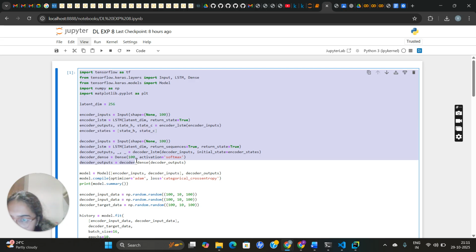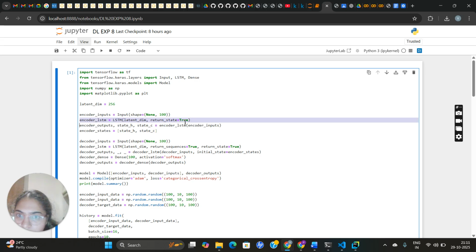And then latent dimension is 256, so it sets the size of the LSTM's internal state, how many memory values each LSTM step keeps. So the bigger the value, more capacity, but it is slower to train. And encoder inputs will create the encoder's input placeholder, sequences of unknown length, where each step is a 100 dimension vector. And then encoder LSTM with latent dimension and return state is true here.